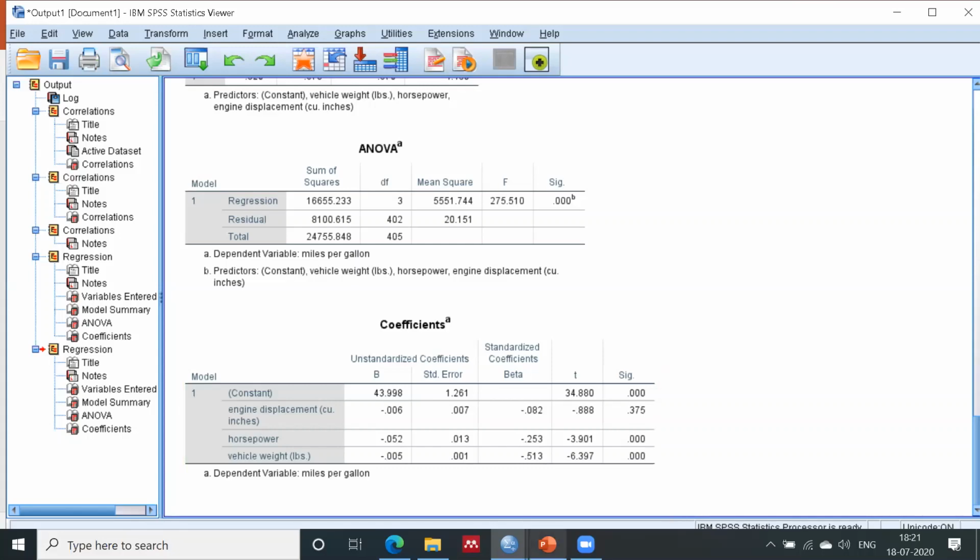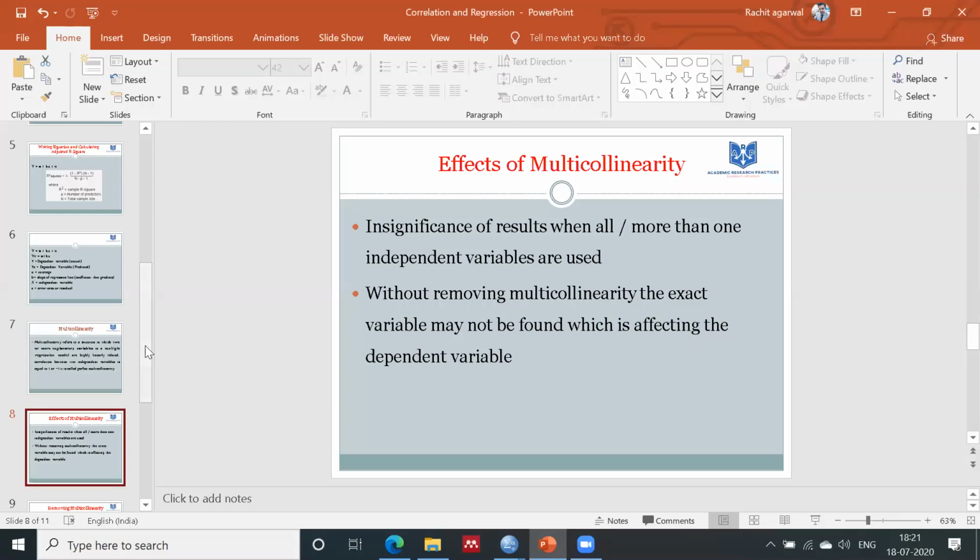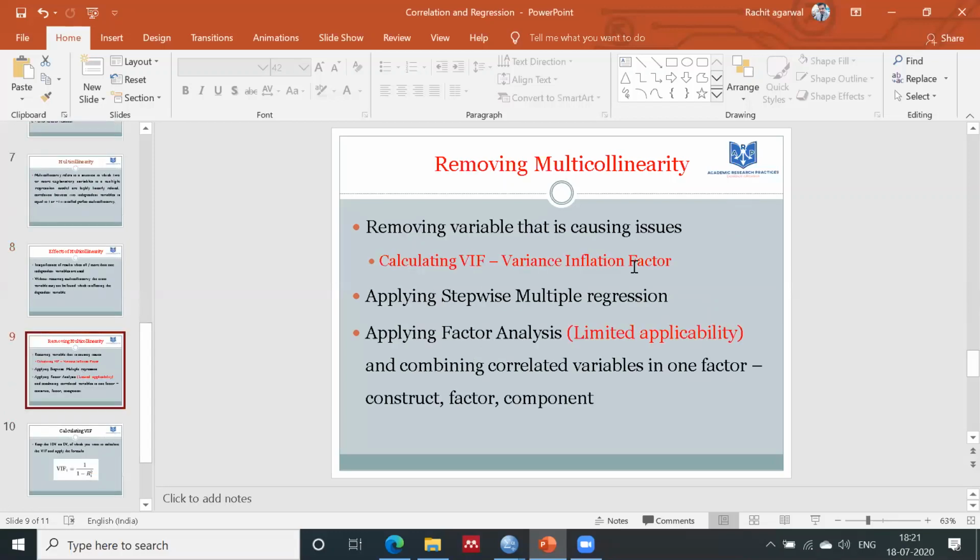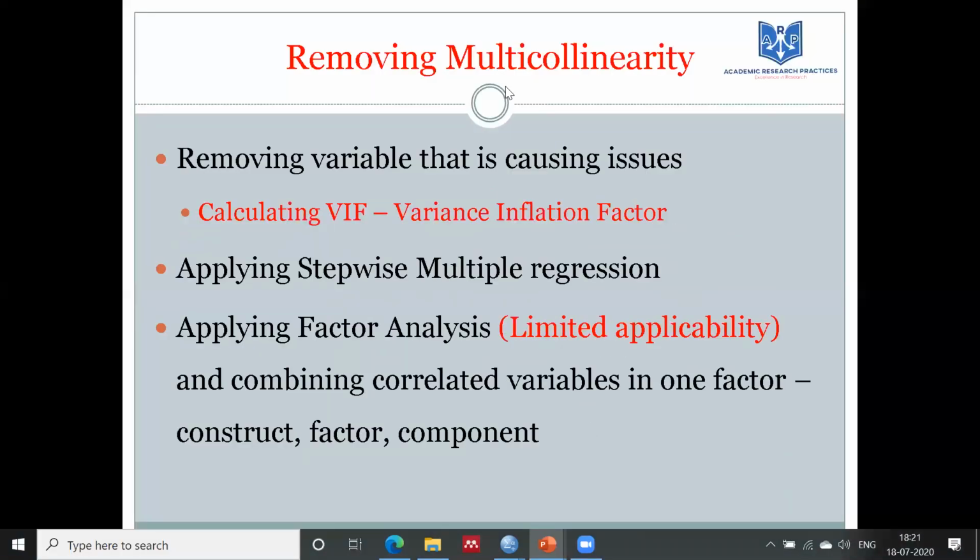Now, there are two methods to remove the multicollinearity. First, removing the variable that is causing the issue. You have to identify the variable that creates the problem, right? How can we identify that variable? By calculating the VIF, the variance inflation factor.